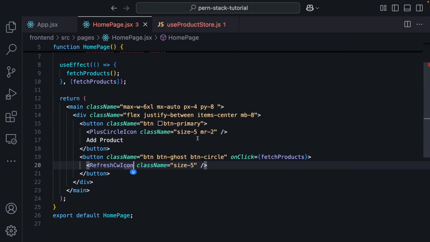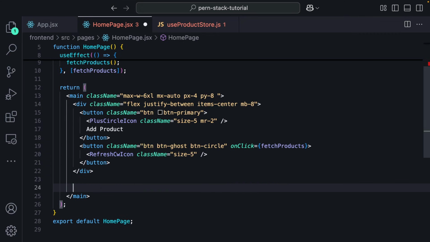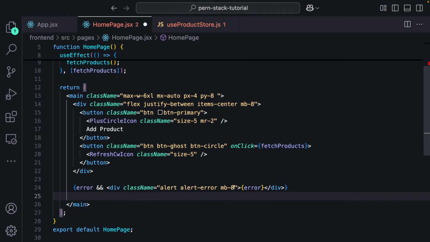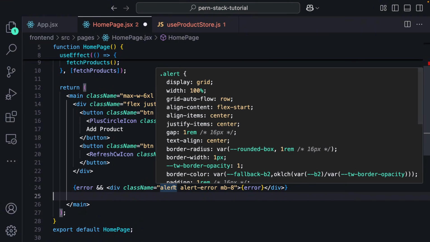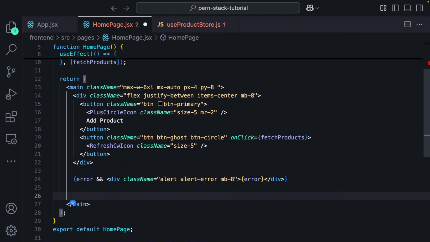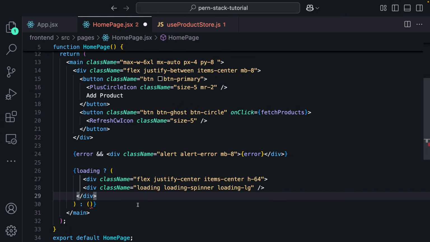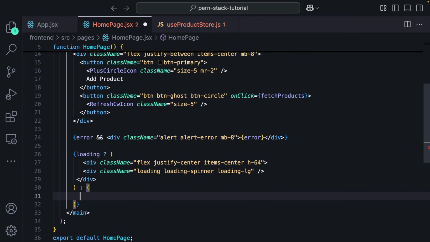And let's try to build the actual UI to render the products. So first, I'll just say if we have an error, I would like to show an error indicator. These classes are coming from Daisy UI. And if we are in the loading state, we're gonna show something else, such as a loader component. So I'll just say if loading is true, we would like to render this part, else we would like to render this part. If it is loading, we're going to see this loading spinner, but else we can have a div